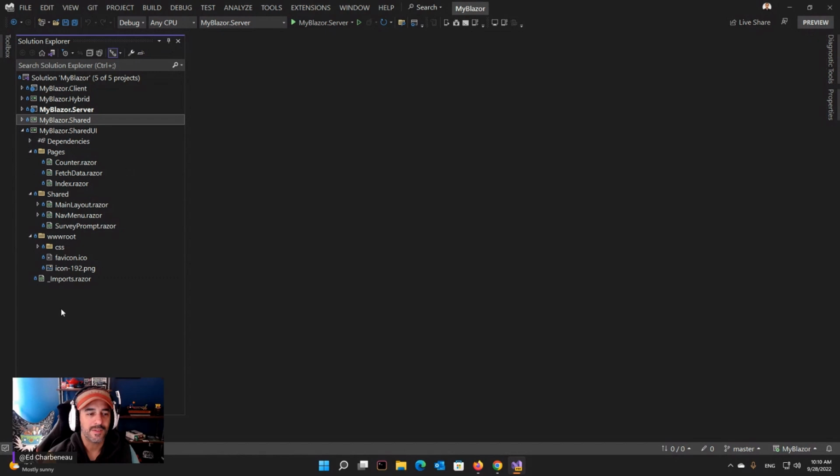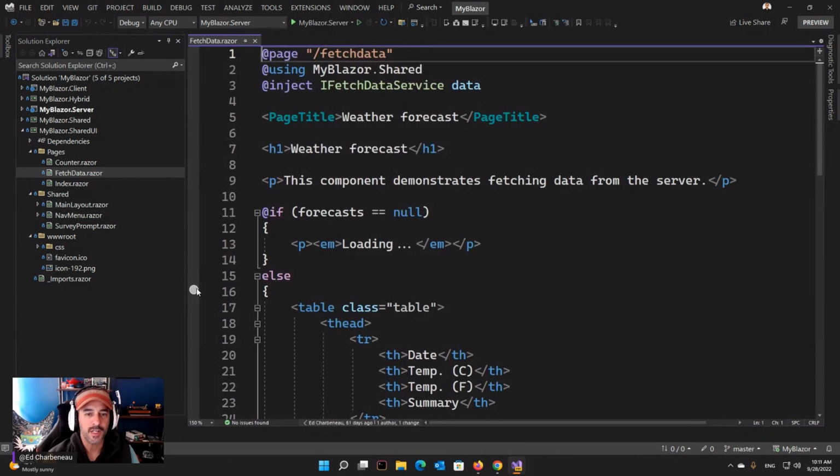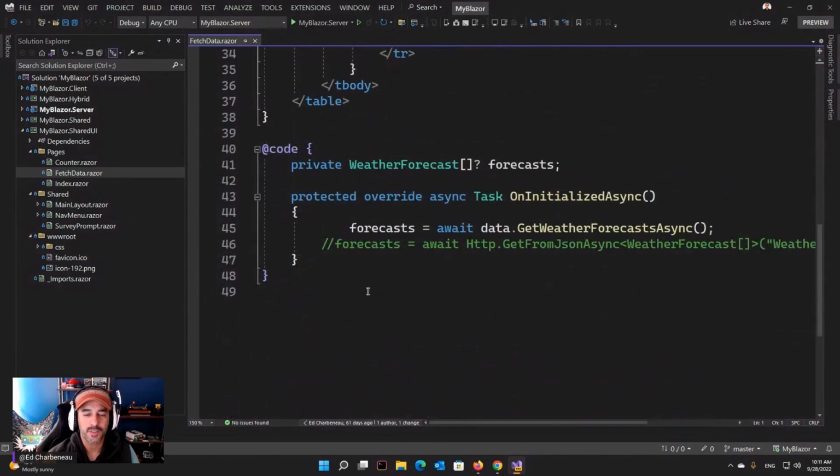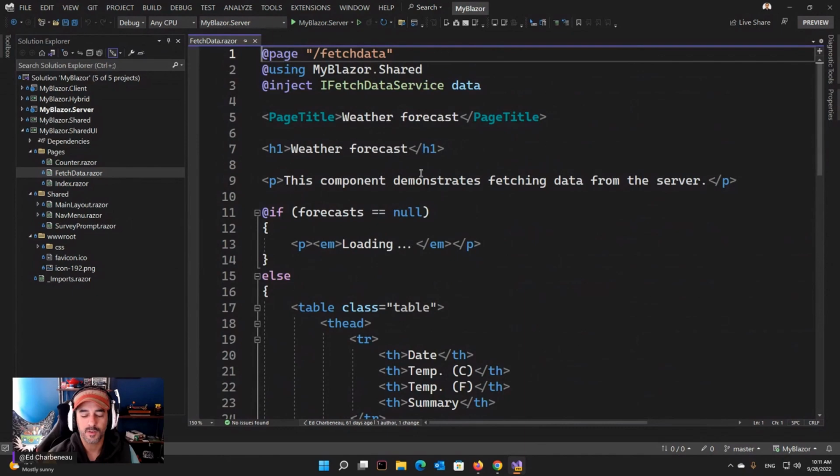But we do need to test our UI. So I want to write a unit test. We're going to pick out the hardest one of the bunch, and that's going to be our fetch data component. And we're going to add a test project that will test our fetch data component. Now,